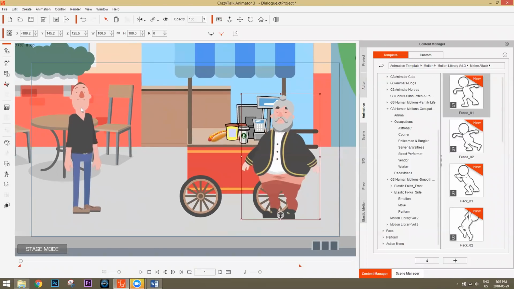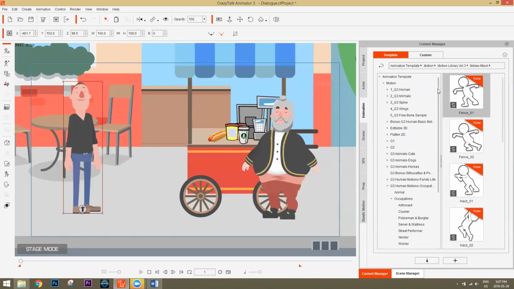We have to do a really quick brief walk for our character first. If you were in the last webinar, you probably are familiar with this. It's a very important concept to create a walk, and I'm going to do it really quickly because it's really simple and easy to do. To select our character walking up to the hot dog vendor here with a single hot dog on his cart, we're going to go over here to the animation tab, and then over here to G3 human.